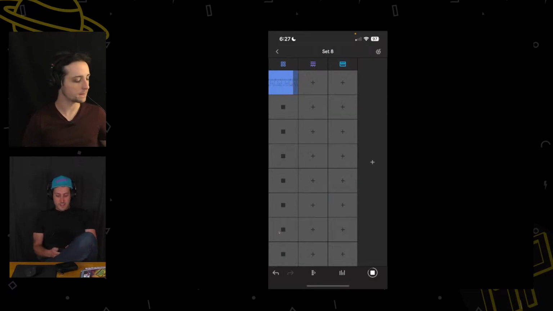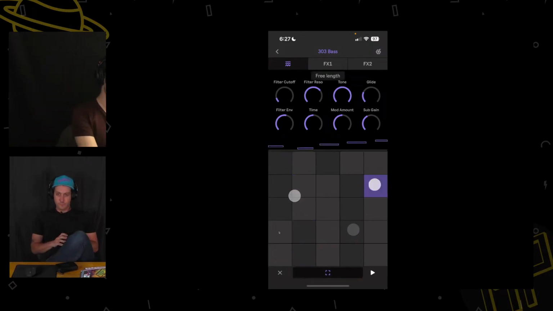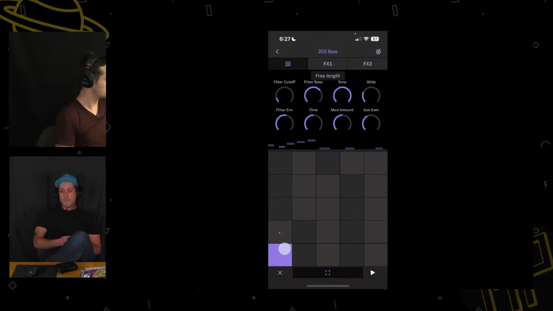So let's add something else, and we'll talk about adding tonal stuff. I'll pull out this bass line. Classic 303 sounds. So what we're seeing here, it took me a minute. I don't know why this looks so weird to me, but I think